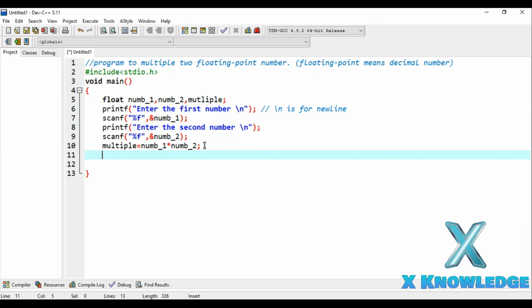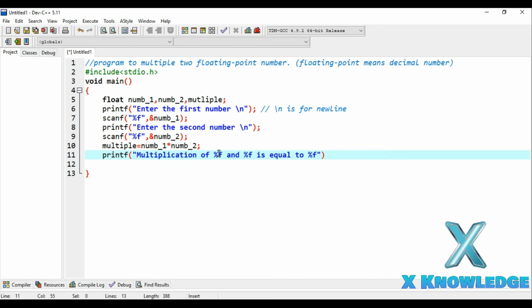Now we will print this value. So printf multiplication of, I'm extremely sorry, I have used a single quote here, this will be a double quote. So multiplication of %f and %f is equal to %f.